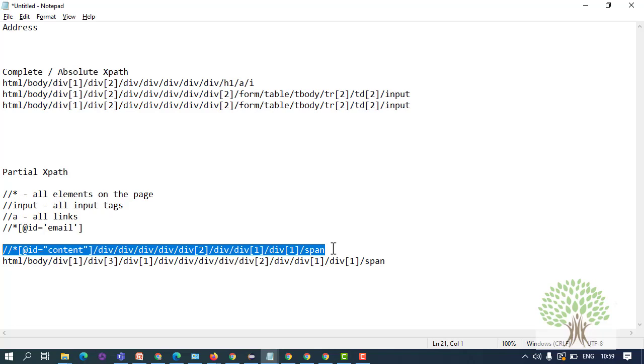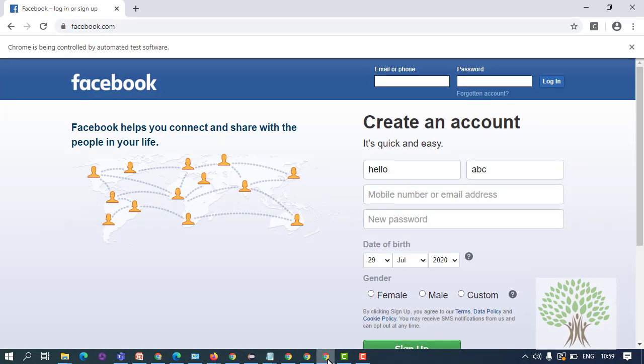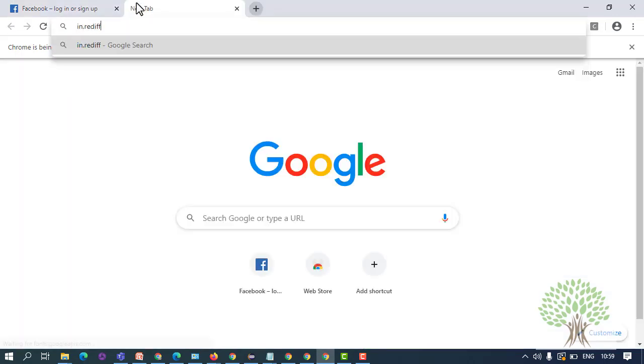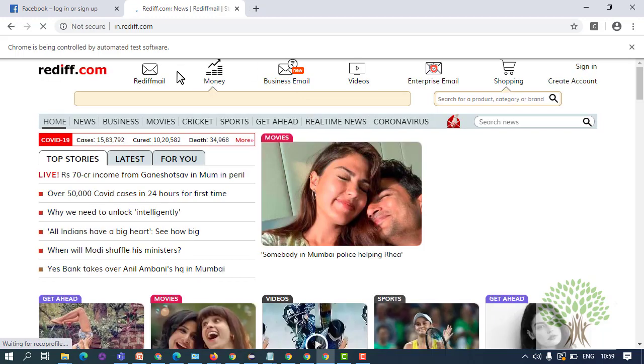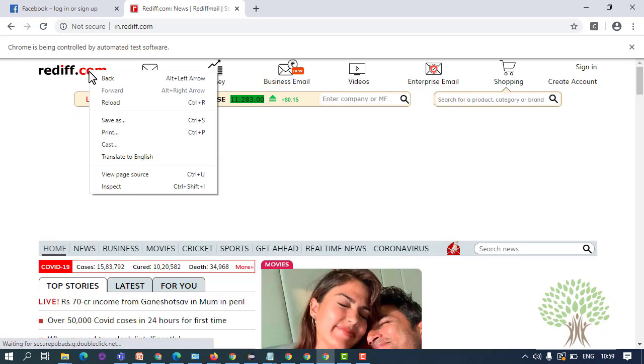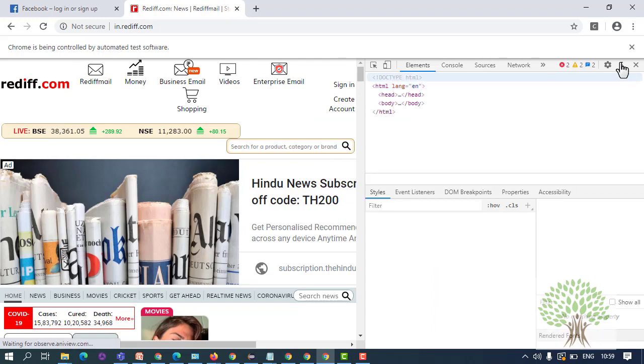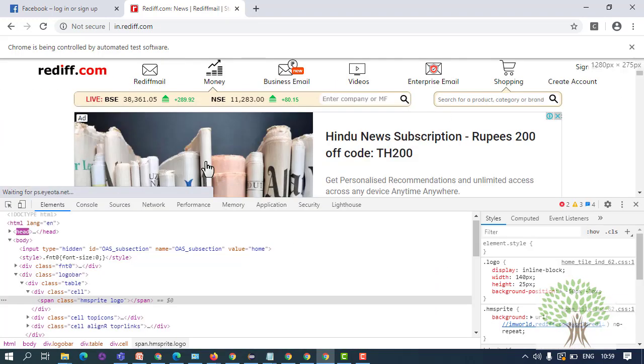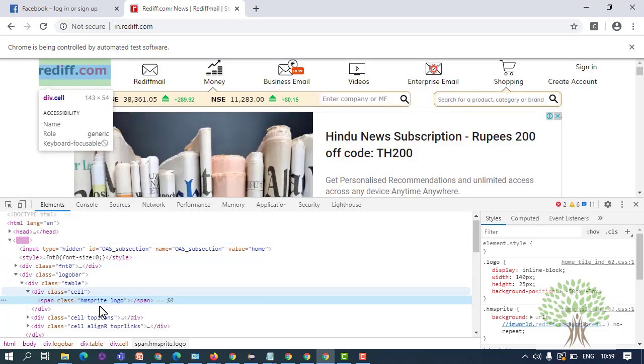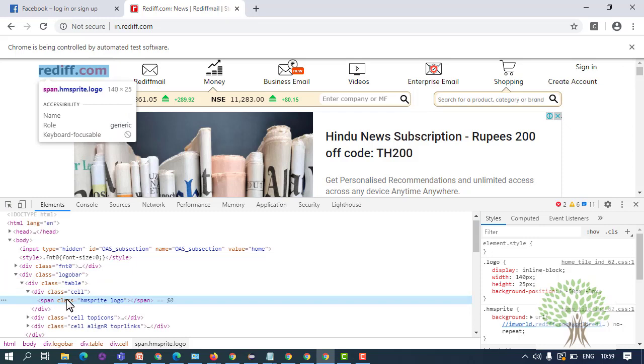Now what if, for example, I visit this website in.rediff.com and I look at this rediff.com logo image? This is the image. It's got a span tag.